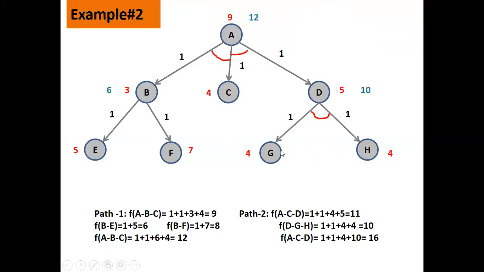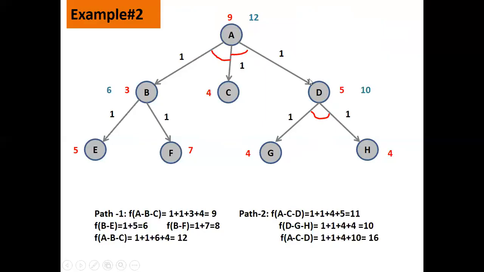So this is only one path. From D you can go to G and H. So this whole thing together is a single path. So the cost of D, now how do we calculate it? As 1 plus 4, right? 1 plus 4, which is nothing but 10. So now you get a revised value for D. Instead of 5, now it is 10. So you write the revised cost of D as 10.